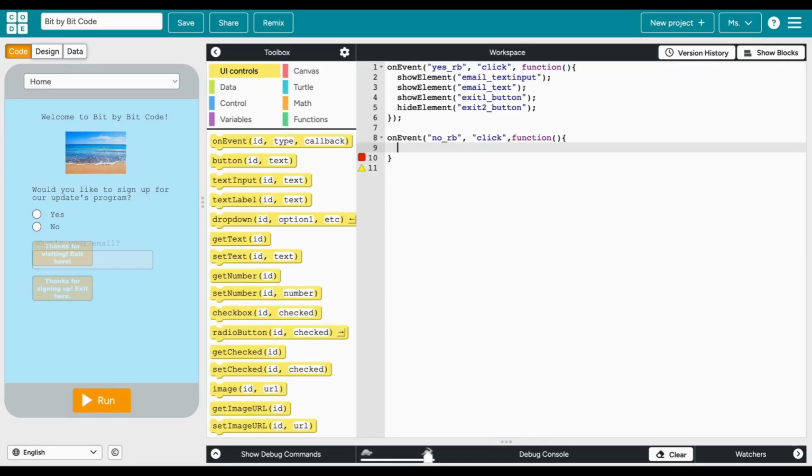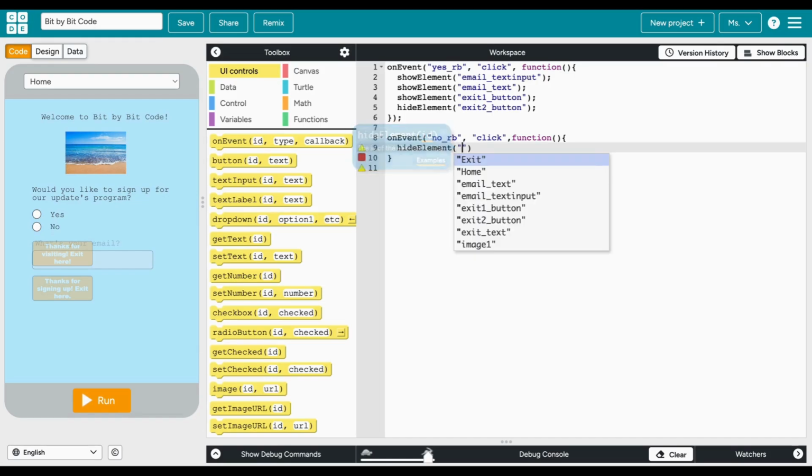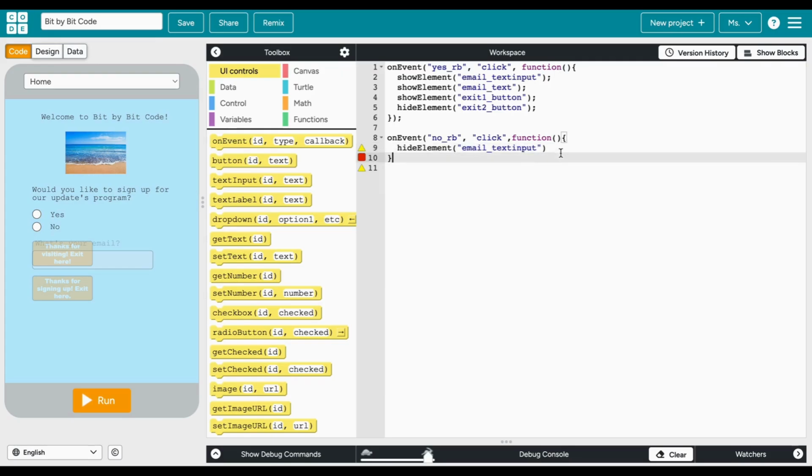So hideElement, and in quotations, email_text_input, then add the semicolon, hideElement, and in quotations, email_text,